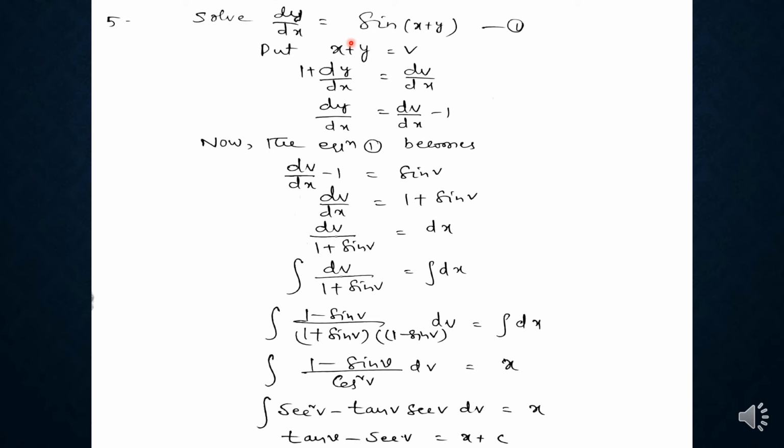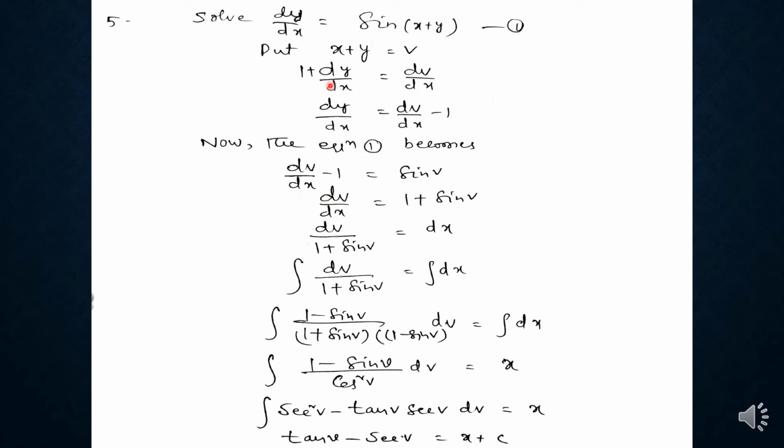Now differentiating the equation with respect to x, d by dx of x plus y is equal to dv by dx, that is 1 plus dy by dx is equal to dv by dx. So dy by dx is equal to dv by dx minus 1. Now the equation 1 becomes dv by dx minus 1 is equal to